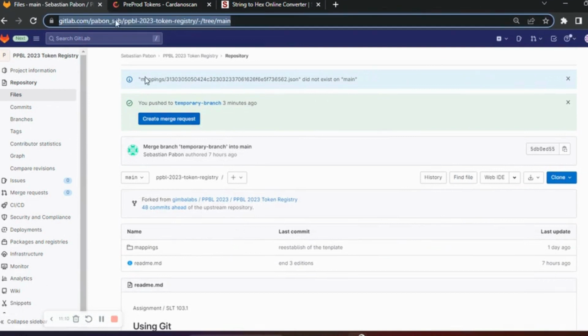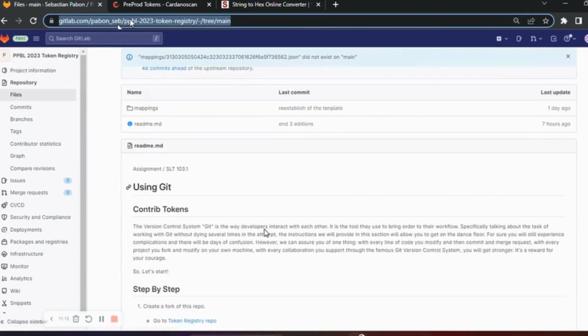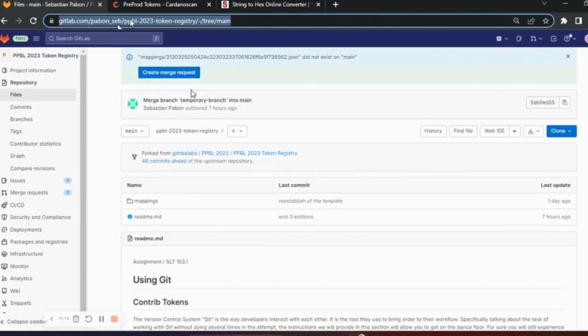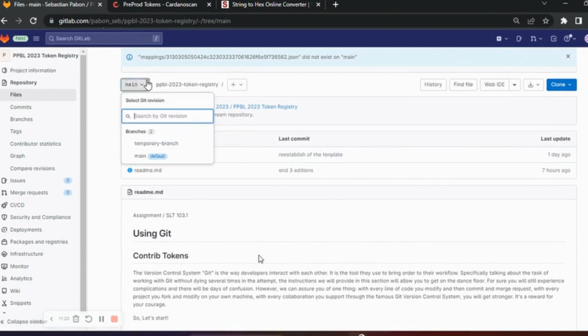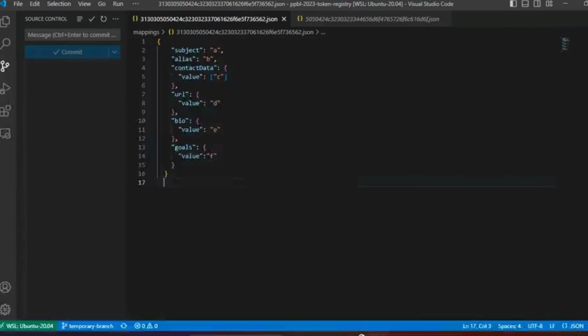I'm talking about my fork, not the Gimbal Labs repository, just my repo. How can I do that? I go to my VS Code